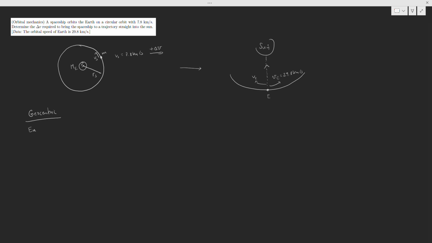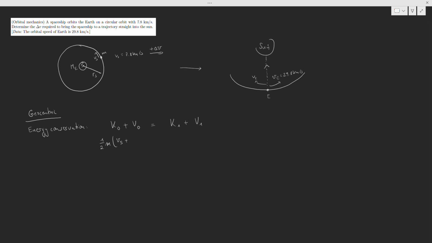So we have kinetic energy initially plus potential energy initially equals kinetic energy 1 plus potential energy 1. So before and afterwards. And before, it has kinetic energy 1/2 mass times the velocity Vs squared,